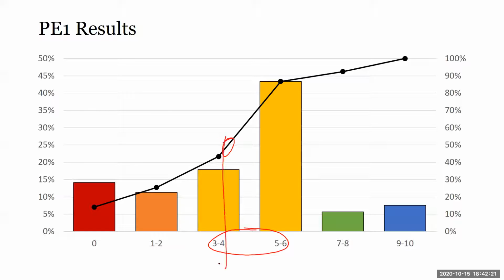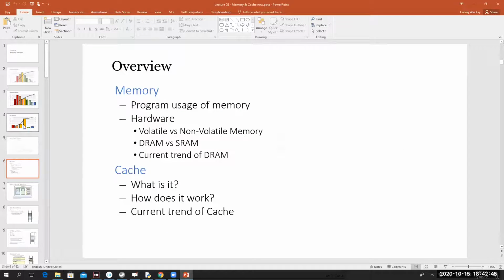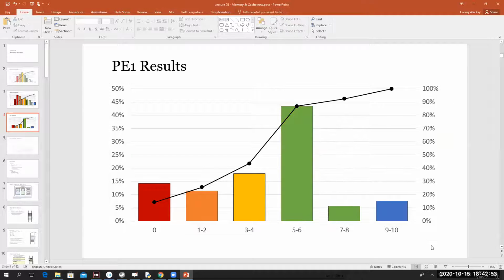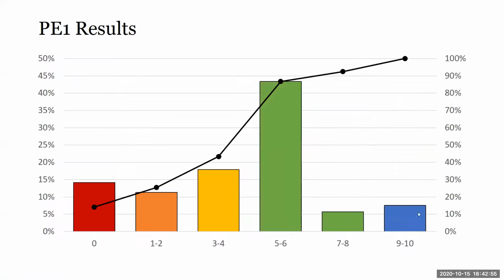The 50 percentile is about here, right? Okay, so it's still about half the class did fairly okay. So actually, not too bad. More than half the class passed, right? If you consider here the passing mark, more than half the class. Oh, I think this I should color green, because 5 over 10 actually can be a pass. So I colored wrongly. Wait, let me color green for you. Okay, so don't look so scary.